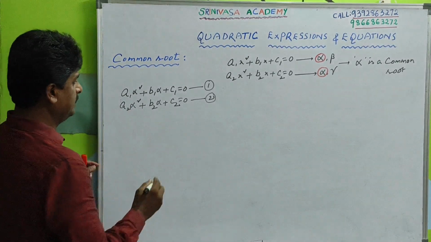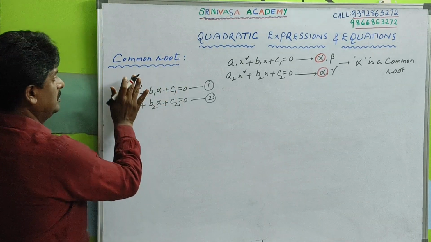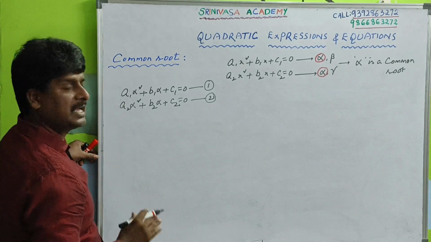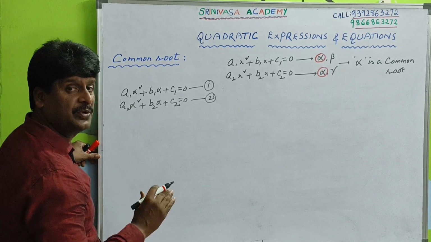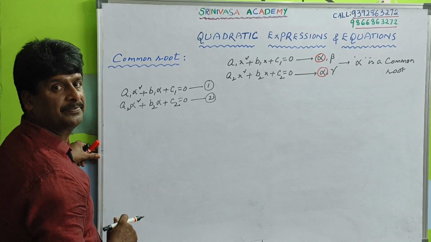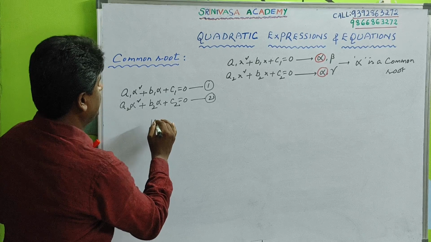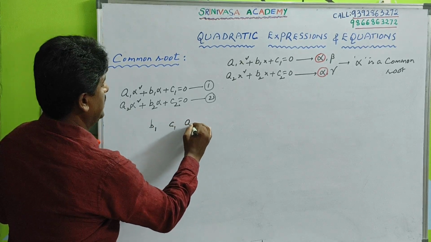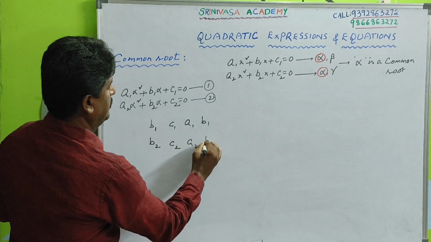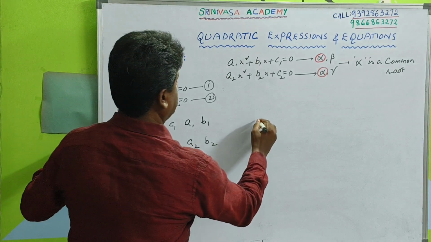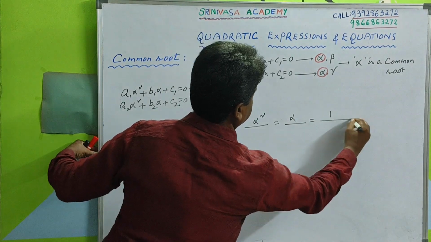Okay, you see here, it is looking like ax plus by plus c is equals to 0. Another equation is also same as like that. In order to find x and y values from linear equations, we use one cross multiplication method. To use cross multiplication method, we have to begin with second term coefficient b1, c1, a1, b1, b2, c2, a2, b2. Okay, first write alpha square by, next alpha by, next 1 by.